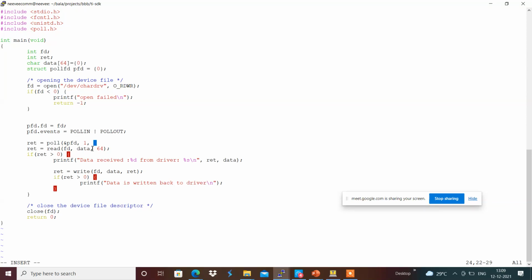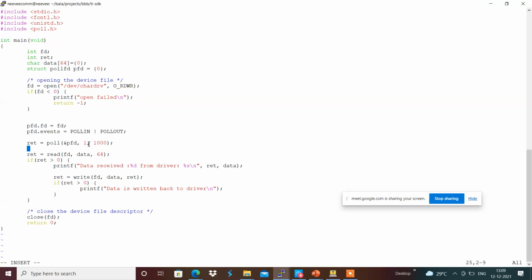and in this I am going to check for the data returning back with the help of revents. revents provides the returned event value, that is, whether the revents flag is set or not, which we can get with the help of pfd.revents and the flag POLLIN.